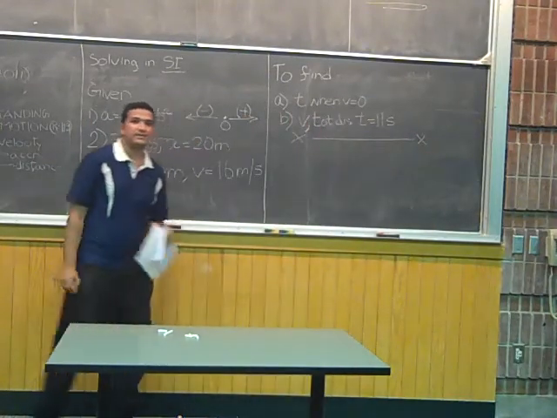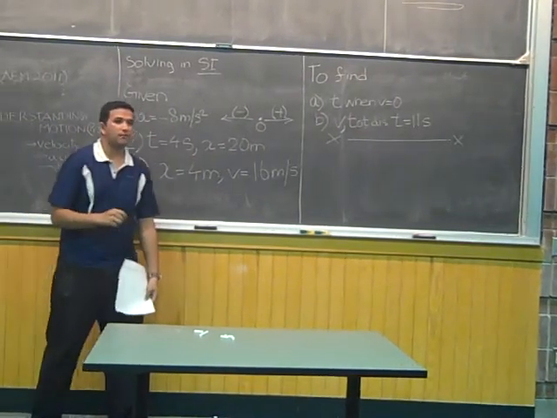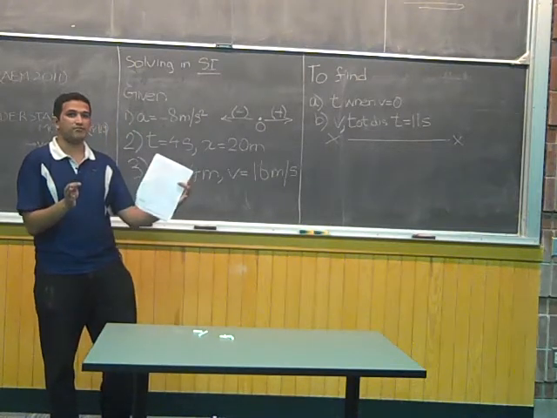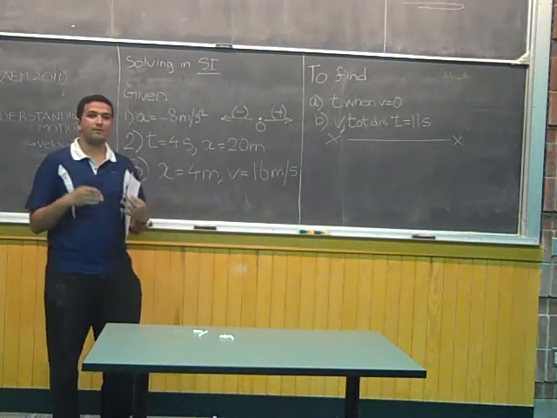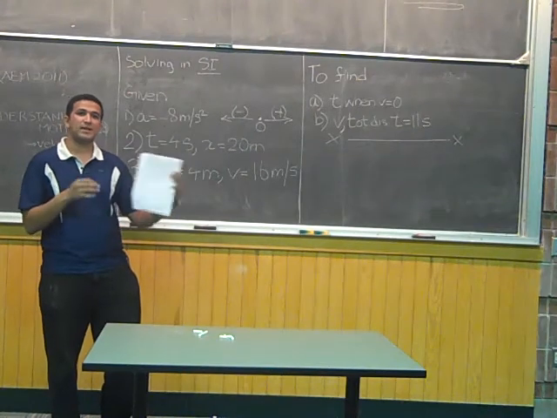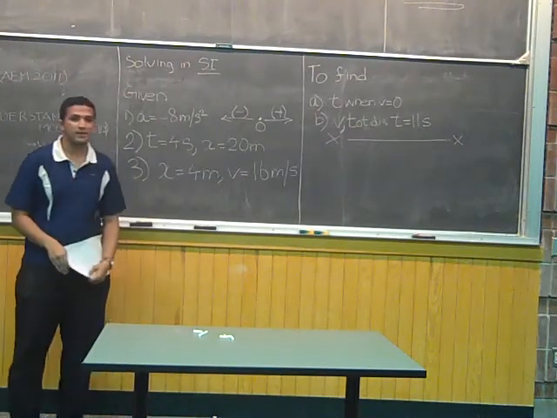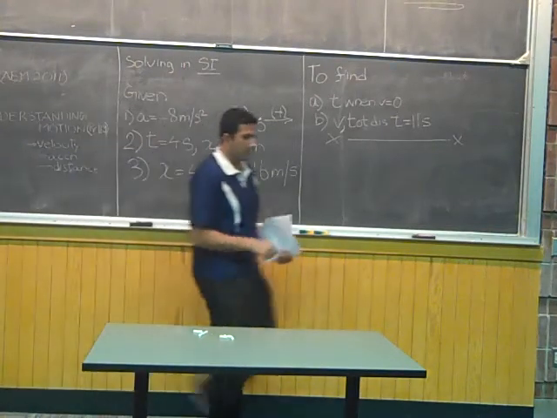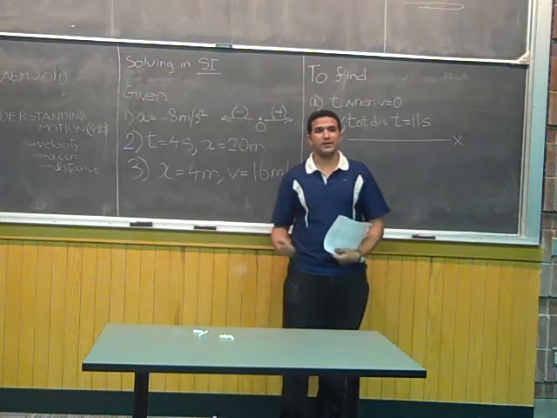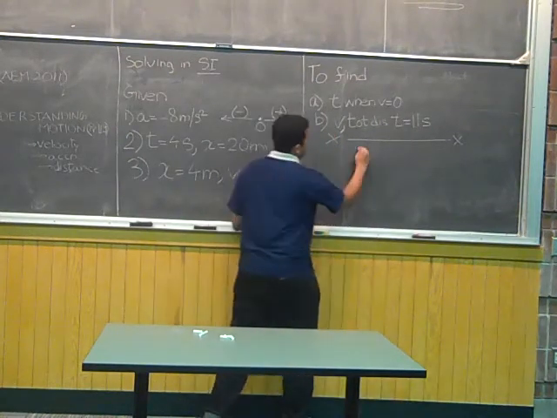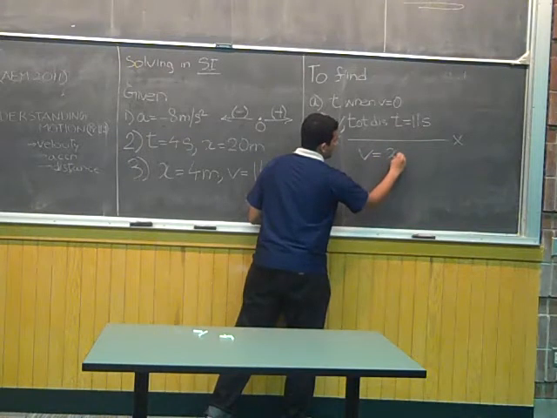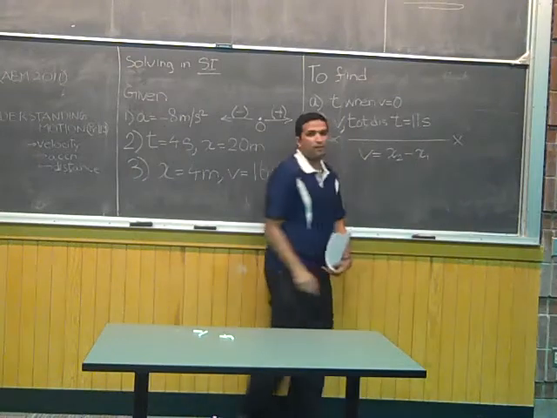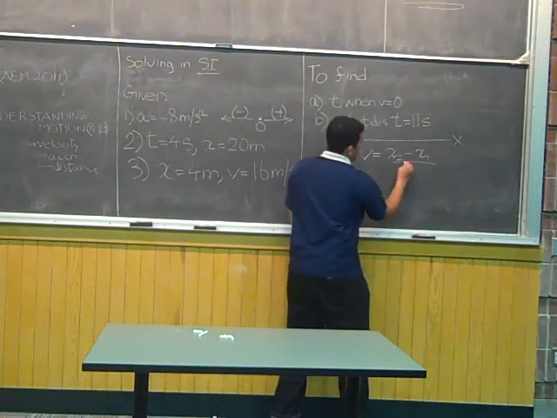Let's start from the fundamentals, okay? We all know what displacement is. Displacement is the shortest distance between two points, or how far you have traveled. What is velocity? Velocity is how fast you're traveling. So if I'm here, let's say this is x1 at time t1 equal to 0. And if I walk here, let's say this is x2, about 1 meter, and I've taken 2 seconds. So I calculate my velocity as x2, my final position, minus my initial position where I was there, divided by the time I have traveled.